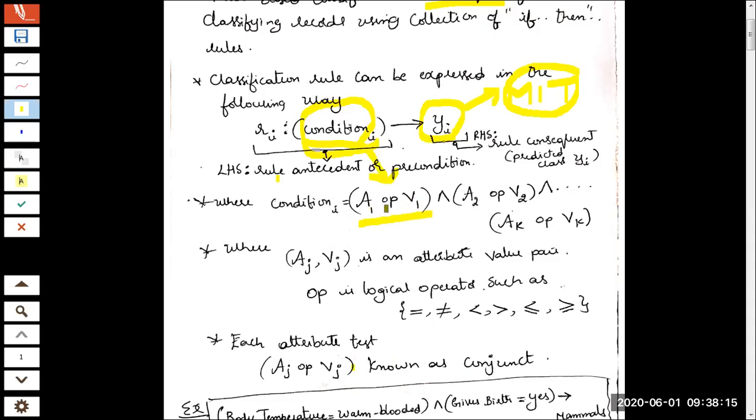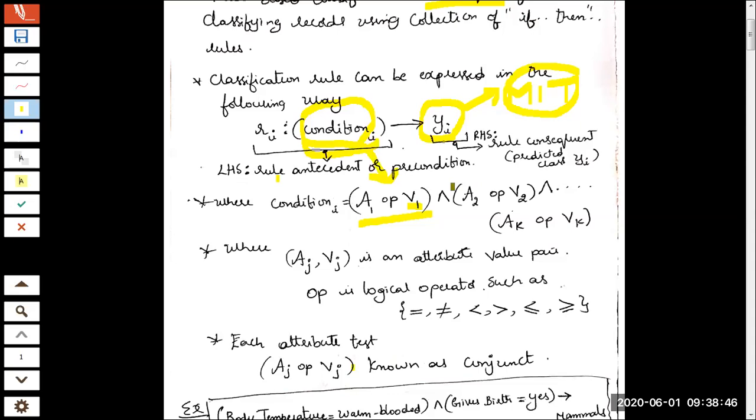Operator is equal to, V is equal to yes, meaning that ID card equals yes. This is one condition. Now, my question to you: do you think only one condition will decide whether he should go and sit inside the classroom? No. If you are just wearing the ID card without uniform, maybe you may not be allowed inside a classroom. Meaning that still a few more conditions are there to identify you as an MIT student.